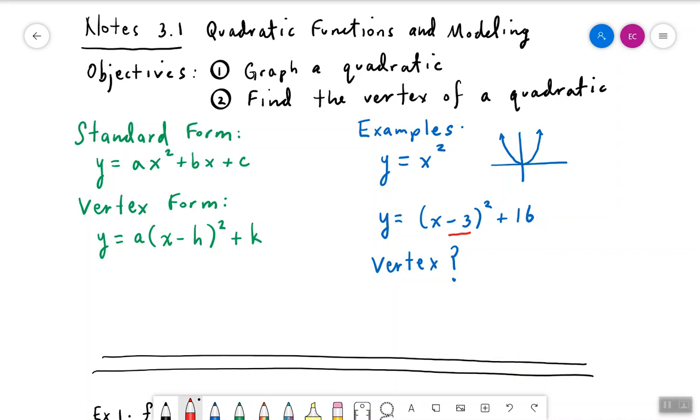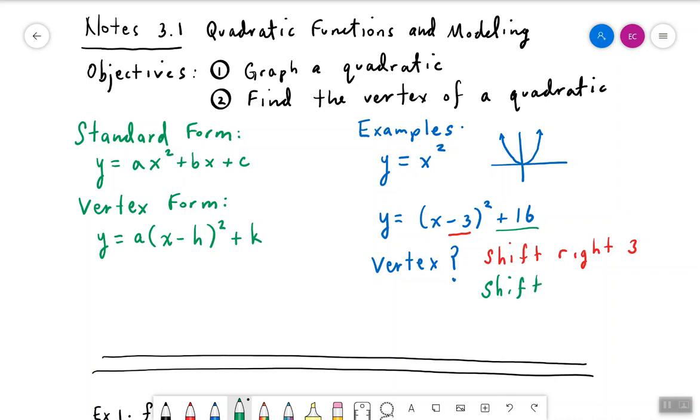The minus 3 represents a shift right 3. And the plus 16 is outside the basic function. It represents a